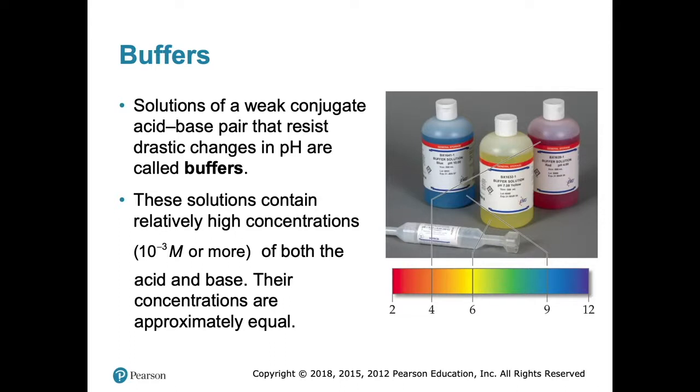So when you have a common ion in a solution, it does this thing called the common ion effect, which is what we talked about last week, where the common ion effect makes it so that there would be less solute dissolved. It would be less ionizable, right? And so this effect is actually called a buffering effect, okay?